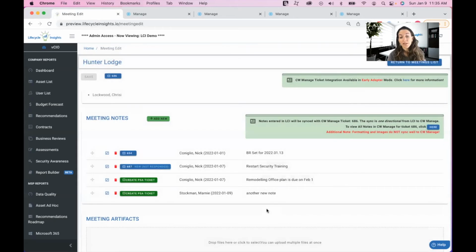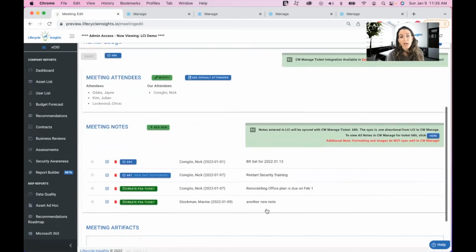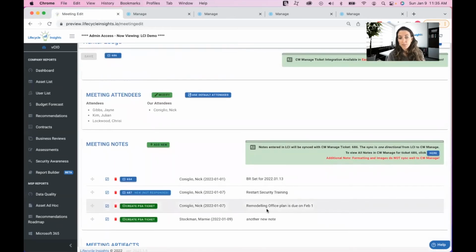So we are very excited about the options here. We think it gives you a lot of flexibility and really increases the automation of the workflow so that you don't have to be in multiple systems and you can get the movement happening where you would like it to happen. If you have any questions,